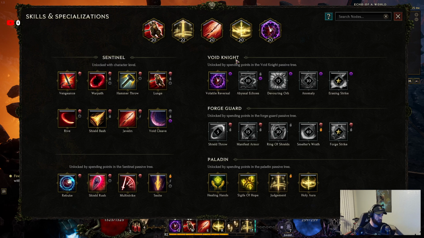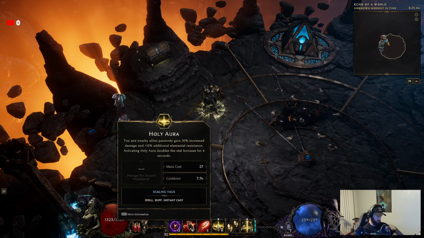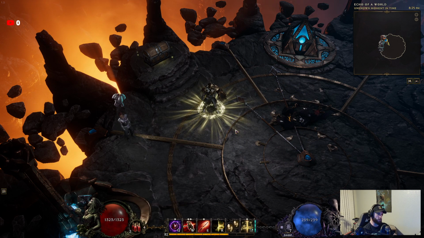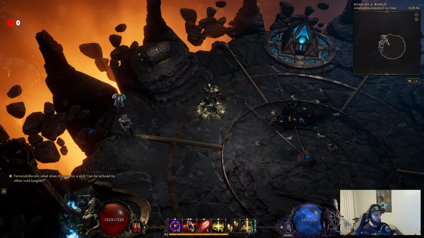So basically what I was talking about earlier, the order in which you do these is Holy Aura. This is a buff, and you get 15 elemental res and there's a bunch of other stuff, right? So it costs a tiny little bit of mana to cast it, so it's not that bad. So you cast that, and then you want to cast your Javelin. And the reason we cast Javelin, it's very important that you cast Javelin before you Judgment